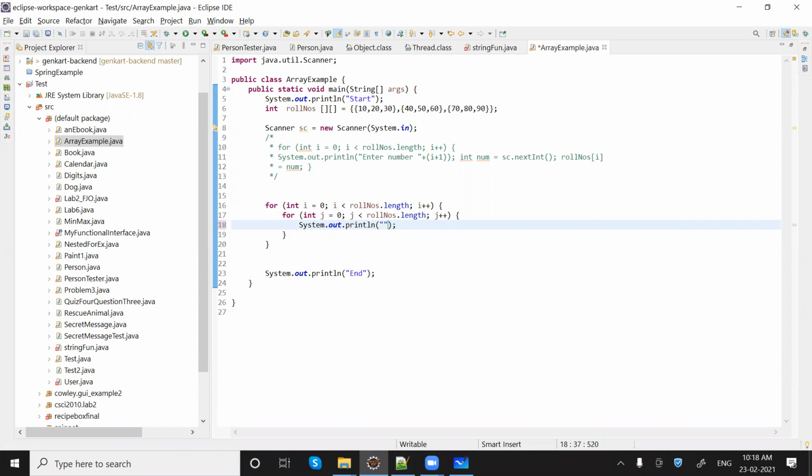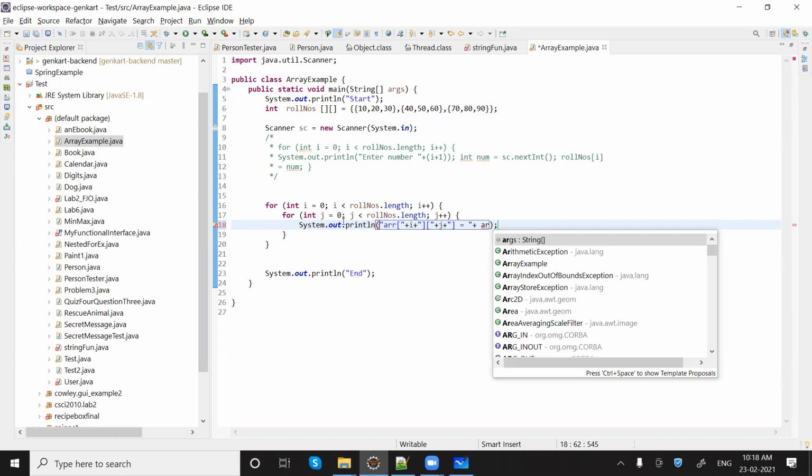Okay, let me print ARR of, sorry, I, it's J, is equals to plus ARR.